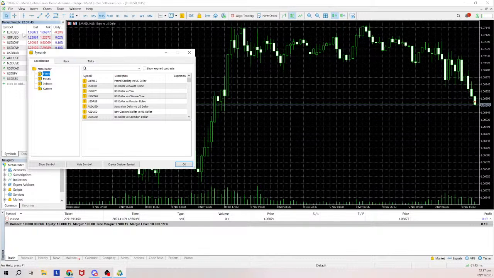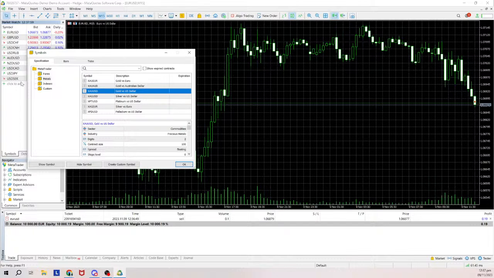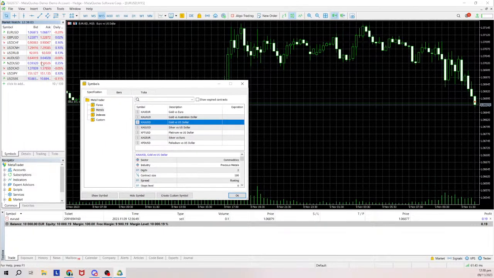The most famous ones are the euro dollar, the pound dollar, USD CHF, USD CAD, AUD USD. Those are the major forex pairs, and that's where the spread most of the time is at the lowest as well. In comparison to USD SEK or USD ruble, the spread, which is the difference between the buy and sell,